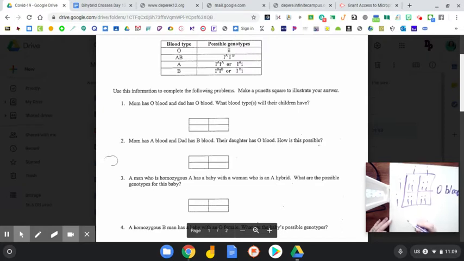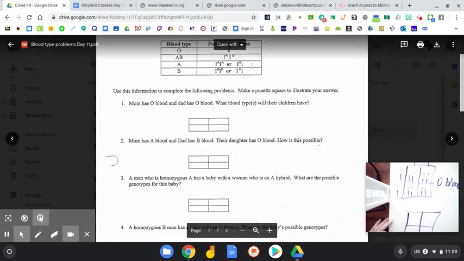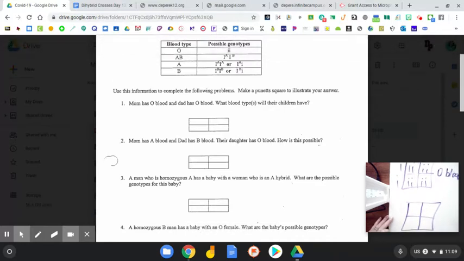Mom has A blood, dad has B blood. Their daughter has O blood type. How is this possible? So for this one, number one, is it possible? Yeah, it is. And if I look back at this little chart right here, I know it's a little different than how we were doing it, but the only way that they could have a daughter with O blood type is if both mom and dad were heterozygous, meaning mom is type A, she's A i, and then dad is type B, B i. And then when you plug it all in together,